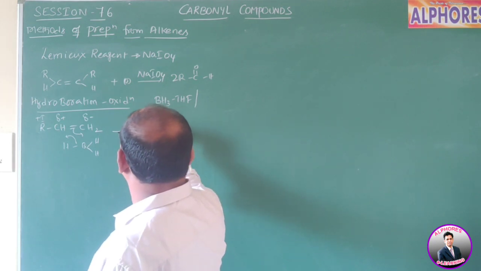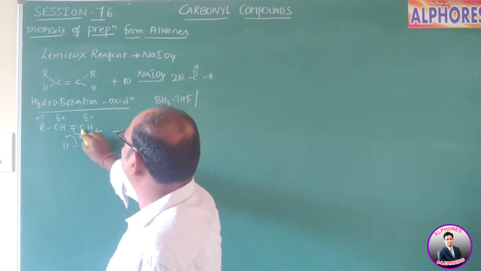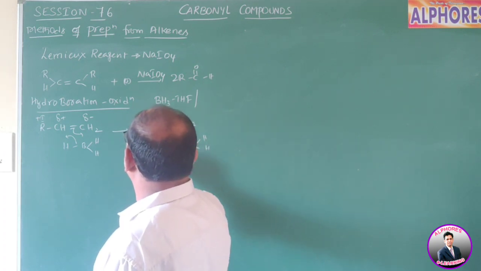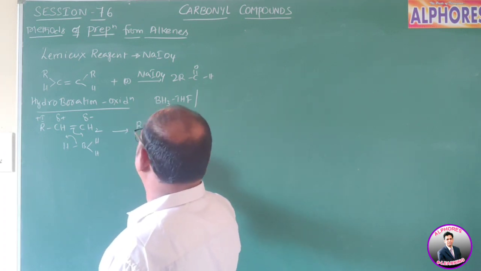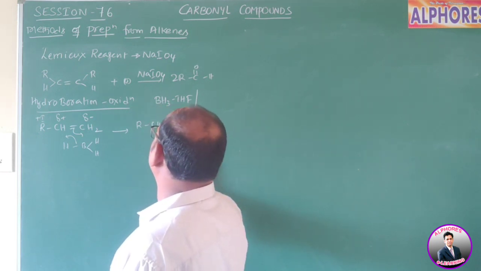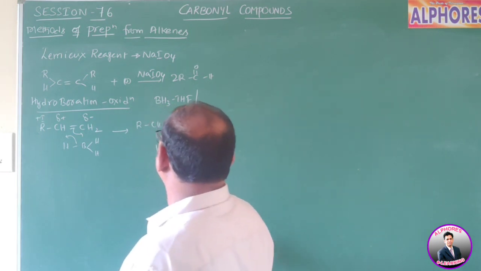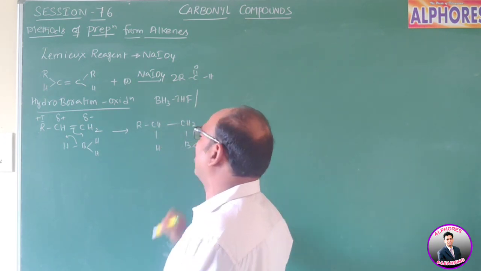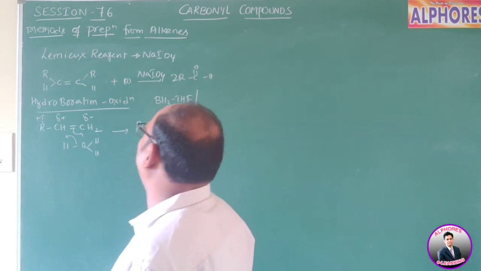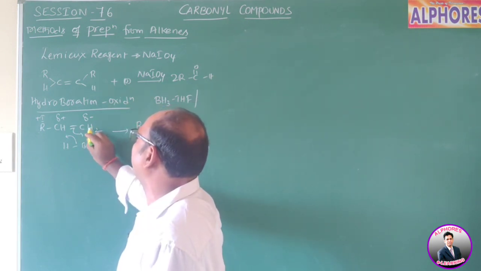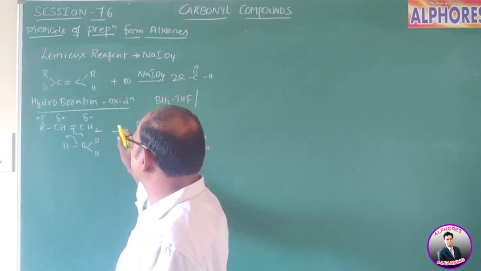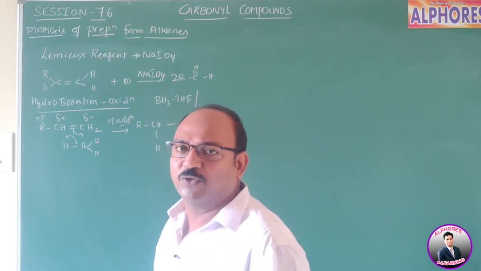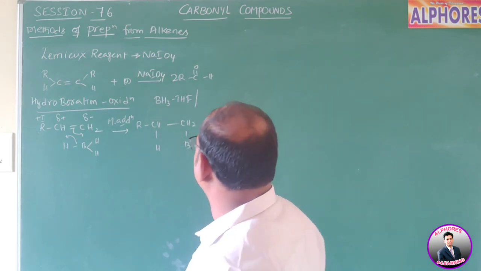Then we get RCH-CH2. Here a new carbon-boron bond forms and a carbon-hydrogen bond forms, and in between, the H-B bond and the pi bond break, and we get this product. One carbon gets hydrogen, the other gets boron. It is very clear that the positive part of the addendum attaches to the carbon containing more hydrogens. That means this follows the Markovnikov rule, and we call this Markovnikov addition.